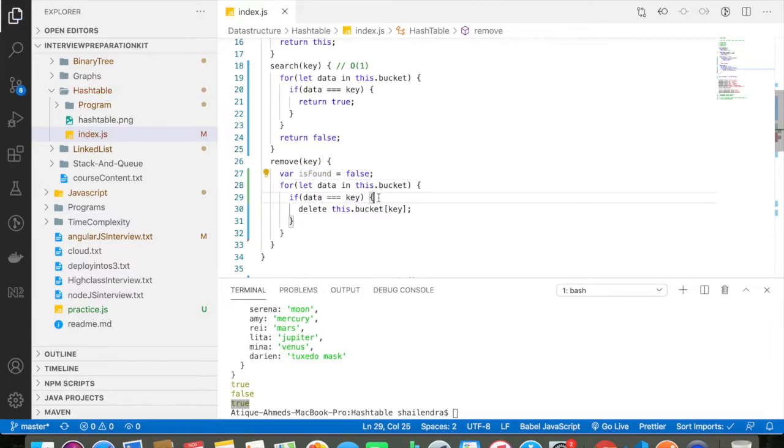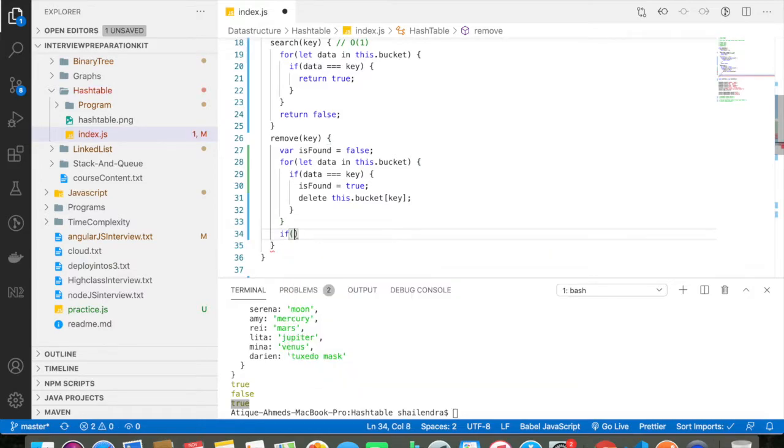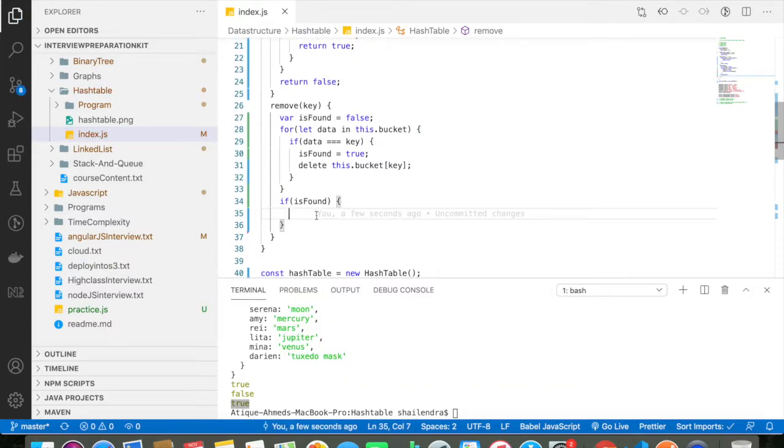If it is found, then I can say this is true. If it is true, then I can return item deleted.